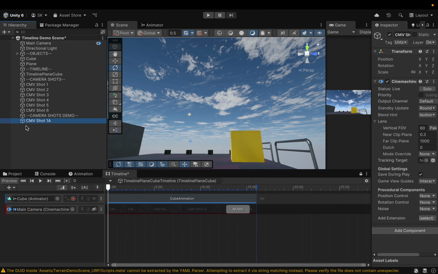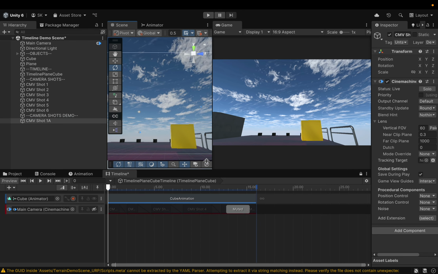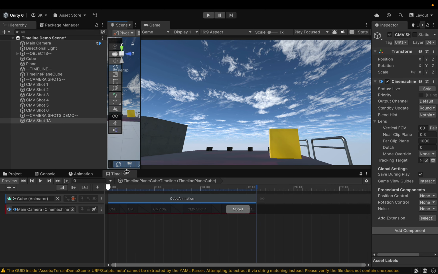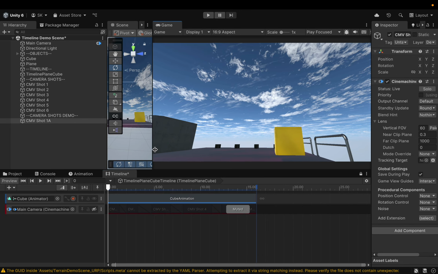Okay, so I'm here on this camera selected, and I'm going to hit Control Shift F, and it's going to align my shot view in my camera. Right here, you can see it's aligned exactly the way I want it in my game view. Okay, so I have this perfect shot now on my camera,